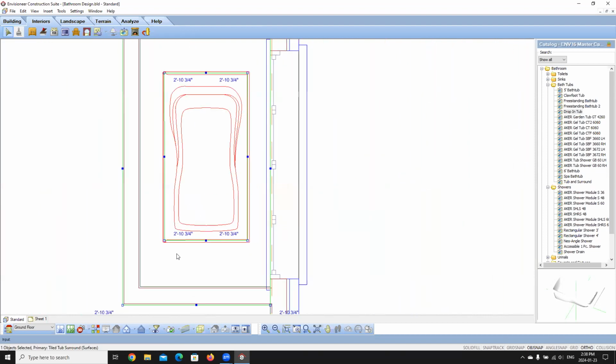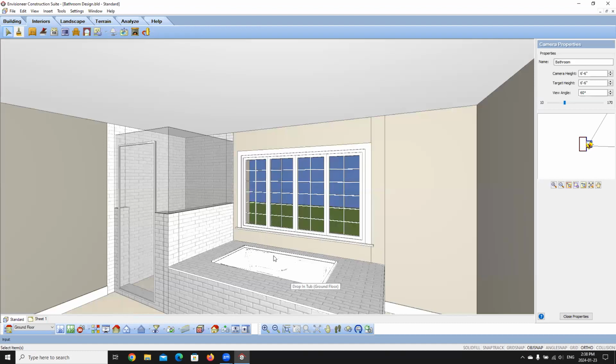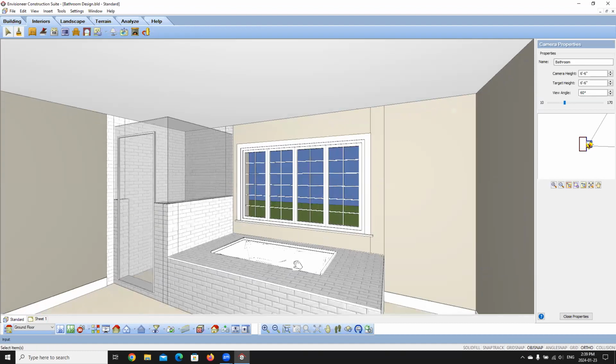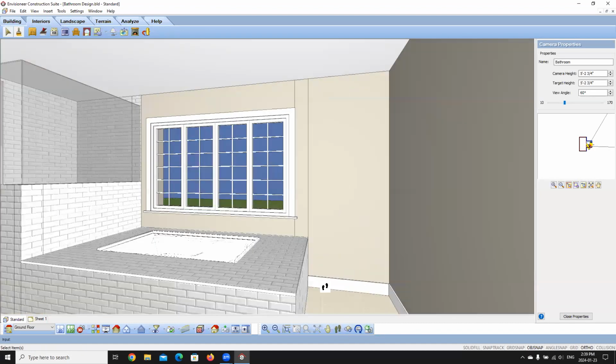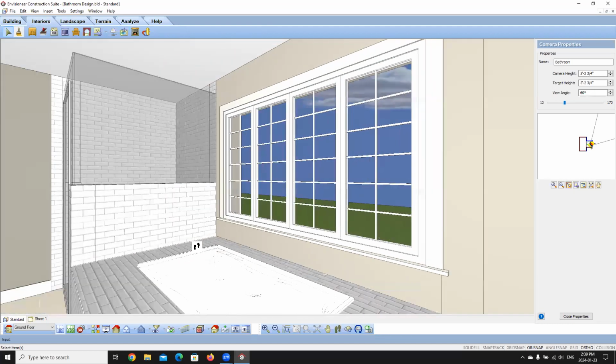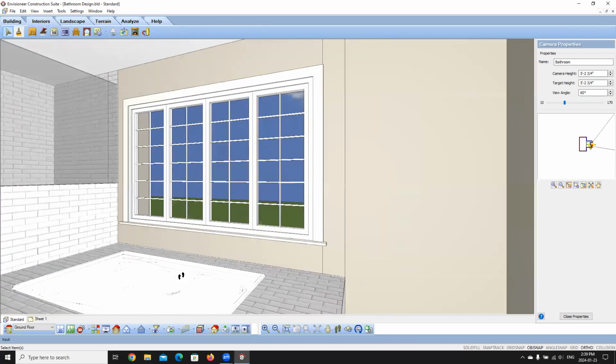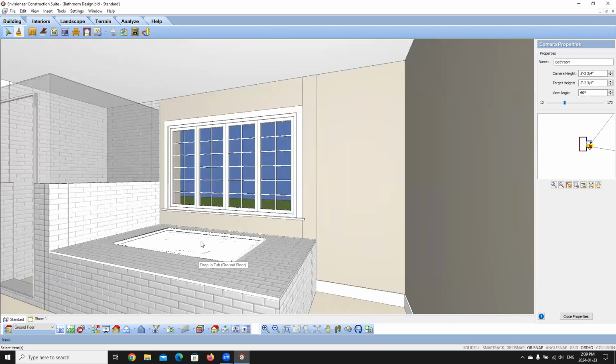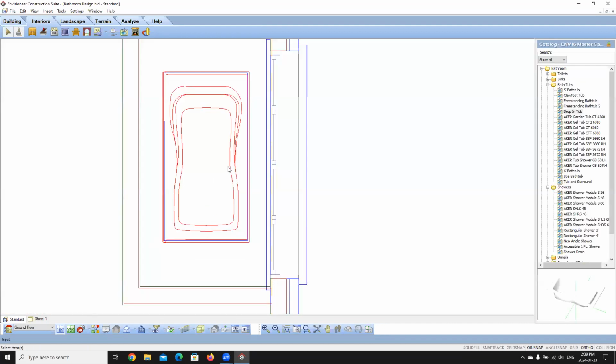We're going to say finish. Again, what that will do is it will now cut the tub surround out around that part of the bathroom. So right now we're seeing the tub surround is cut out, and I can see that tub in the bathroom area. If you want to change a tub, if you don't like the way it looks, you can select